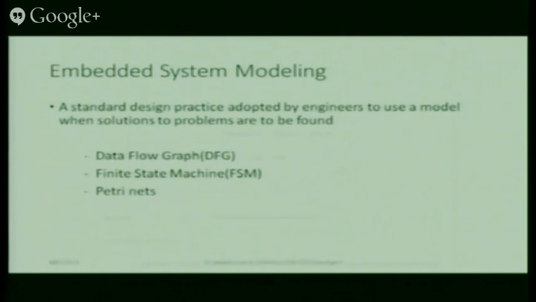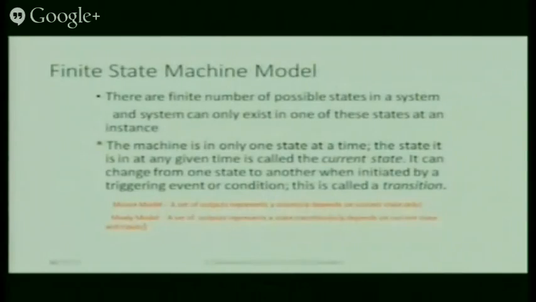और मॉडलिंग में आप देखो, एम्बेडेड सिस्टम की मॉडलिंग करते हो तो आई विल नॉट एक्सप्लेन बिकॉज वी आर ऑलरेडी ओवर विद द टाइम. डेटा फ्लो ग्राफ, फाइनाइट स्टेट मशीन और पेट्री नेट्स, ये 3 टाइप के एम्बेडेड सिस्टम मॉडलिंग हैं। हर एक मॉडल यहाँ पर मतलब डिटेल्स था मेरे पास बताने के लिए आपको। जैसे ये एग्जांपल है डेटा फ्लो ग्राफ का, कंस्ट्रक्शन का, मॉडलिंग का।